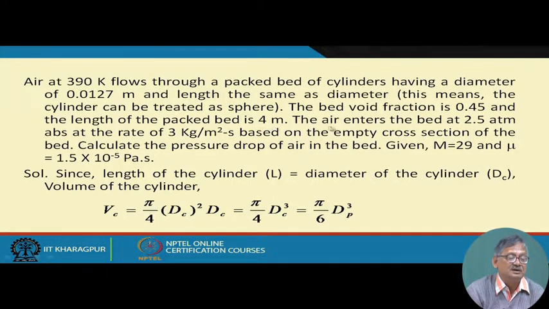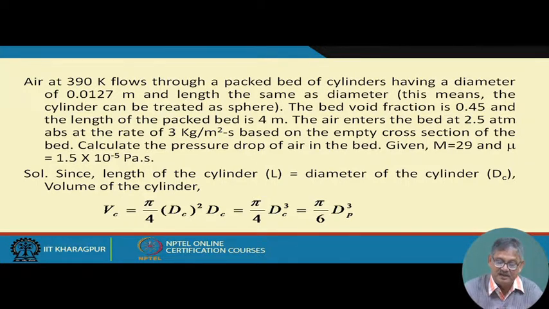Air enters the bed at 2.5 atmosphere absolute at the rate of 3 kg per meter square second based on the empty cross section of the bed. Calculate the pressure drop of air in the bed, given molecular weight of air is 29 and viscosity of air is 1.5 10 to the minus 5 Pascal second. So, if you solve this,